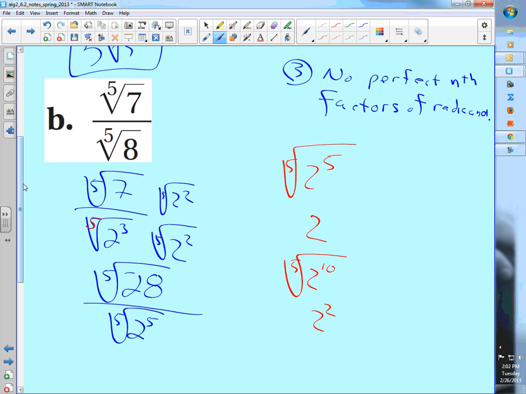If I look at this and I say, okay, I want 2 to the 5th, or 2 to the 10th, or 2 to the 15th, or 2 to the 20th, what would I multiply 2 to the third by to get 2 to the 5th? That's going to be 2 squared. 2 to the third times 2 to the second, we add those exponents, right? Yeah. So 5 subtract 3 gives me a 2. That's how I know what to multiply by. Okay? Now, if this was 2 to the 7th,